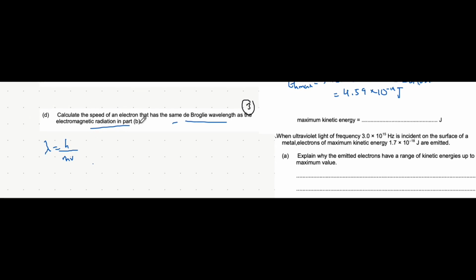So first of all, what is de Broglie wavelength? Well, it's Planck's constant divided by momentum, which is mass times velocity. So to find the speed of the electron, that means we're going to rearrange for speed, h over m lambda. We know h is Planck's constant, it's given to you in an exam. We know the mass of an electron. We need the wavelength of the electron, and we use the fact that it has the same de Broglie wavelength